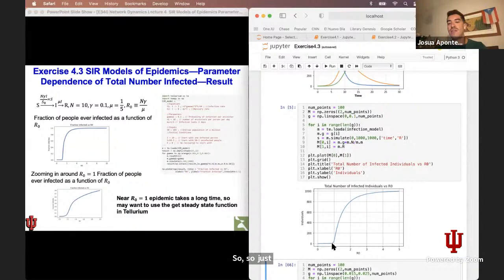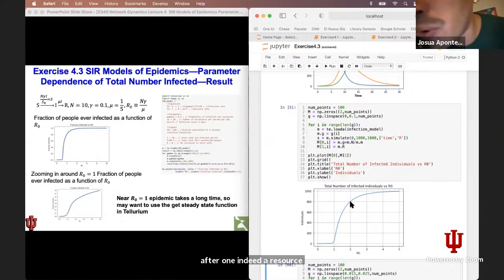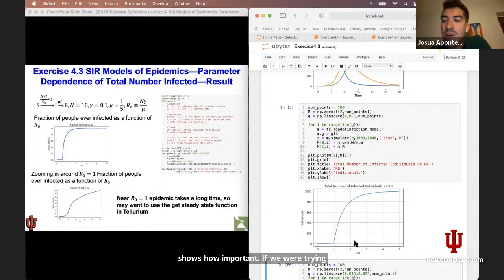So very small changes in the R0 after 1 result in big changes in the final number of infected individuals. And it also shows how important it is, if we were trying to bring down R0, how the dynamics of the infection would change drastically. For example, even if we don't bring it down to 0,